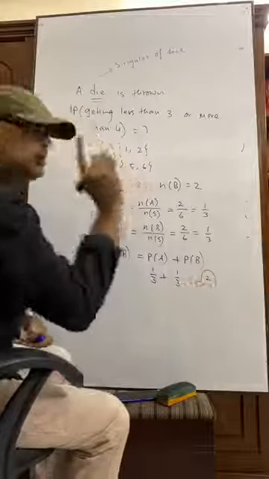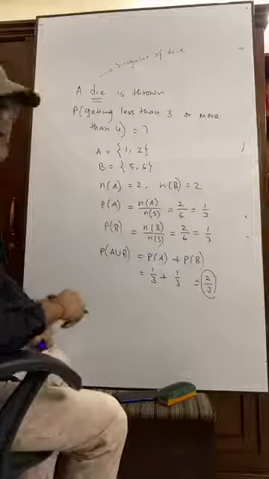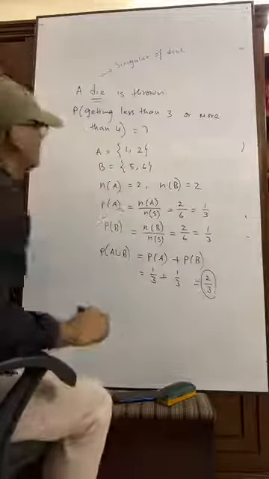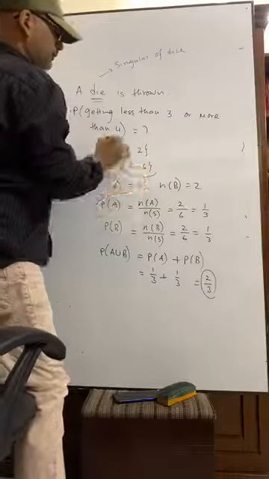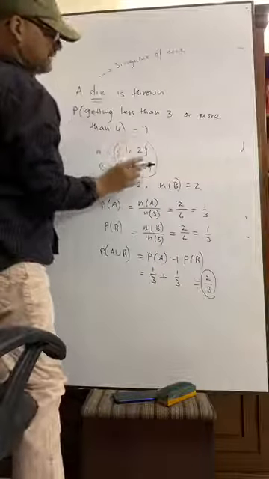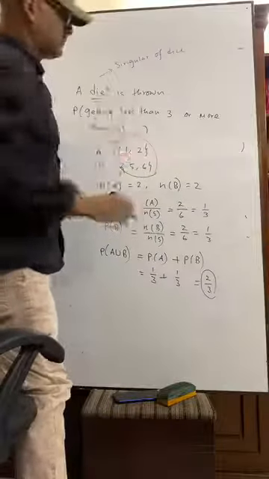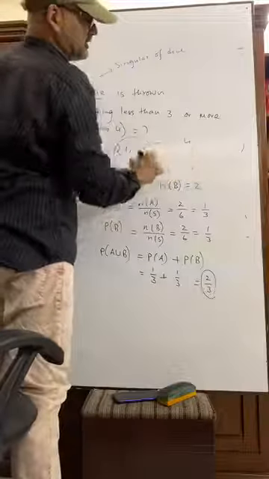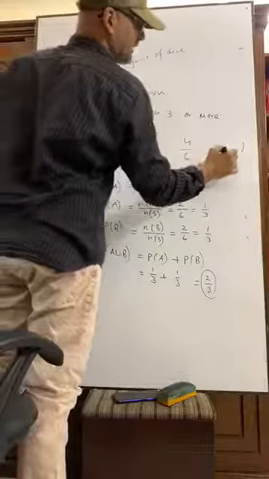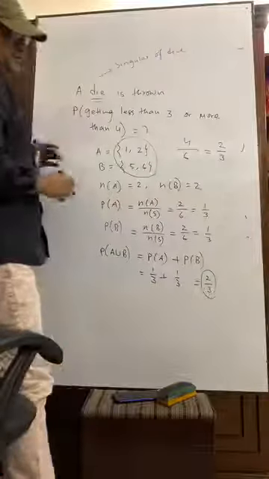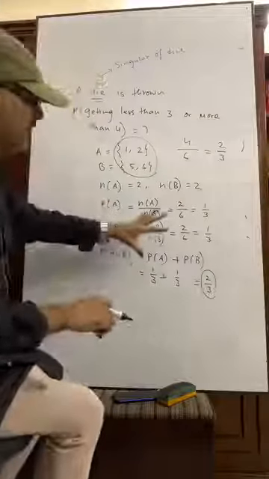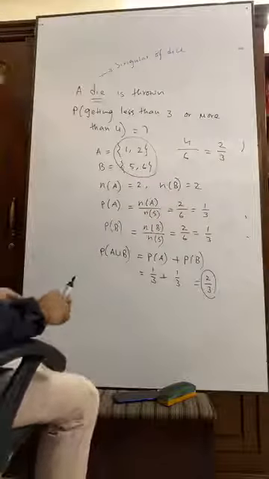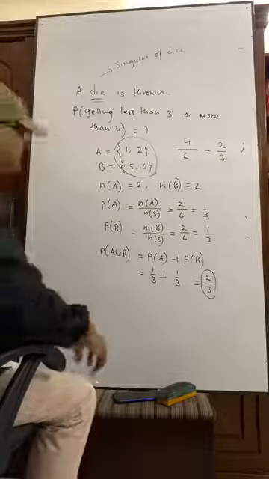This is one of the ways, but dear students, you can do it very easily. You know how? 1, 2, 5, 6. There are 4 digits. And total outcomes 6. So our answer is 2 by 3. But this is the original way how you can do the math. Okay, let's discuss another math.